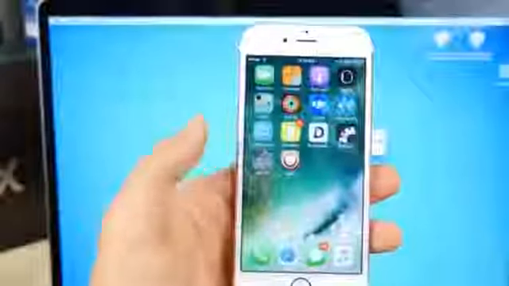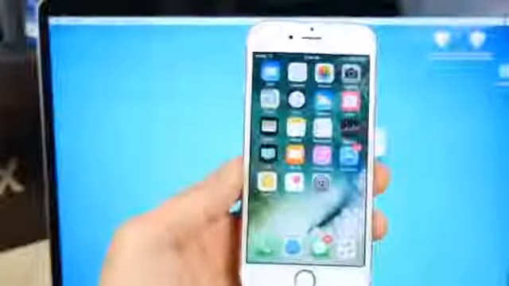But overall, there it is. It's a pretty stable jailbreak, better than 10.1.1. If you guys are on the iPhone 7, again,